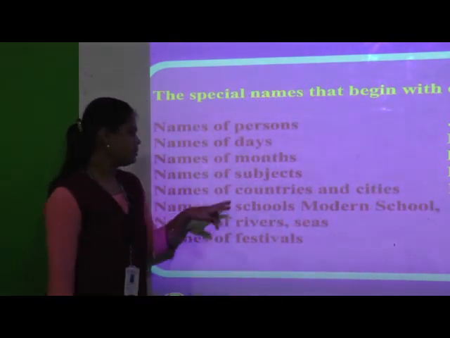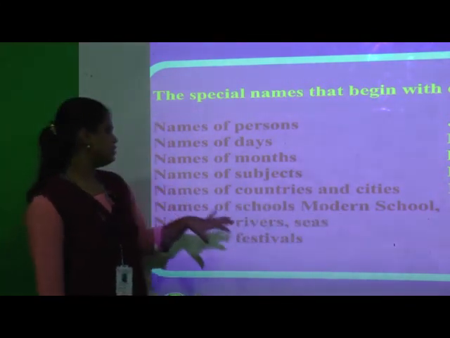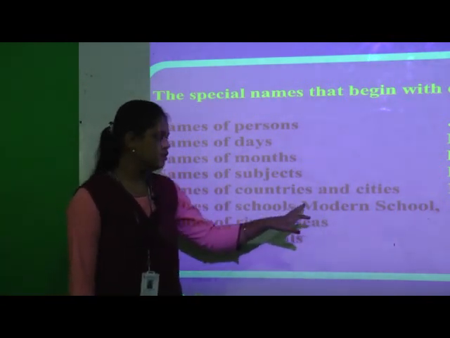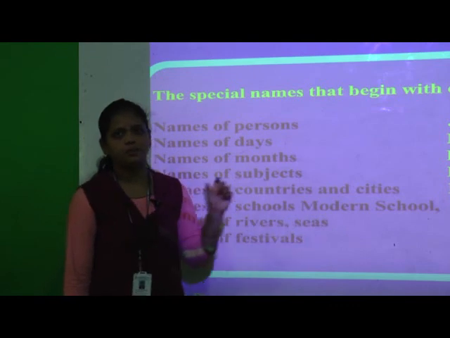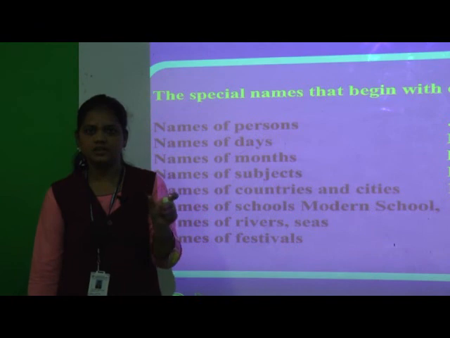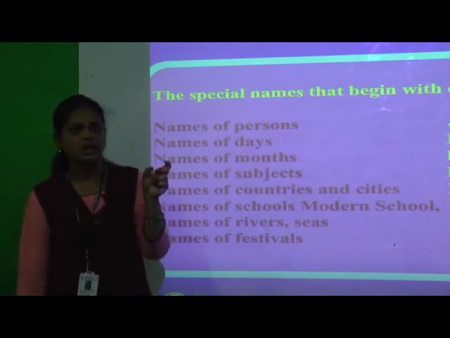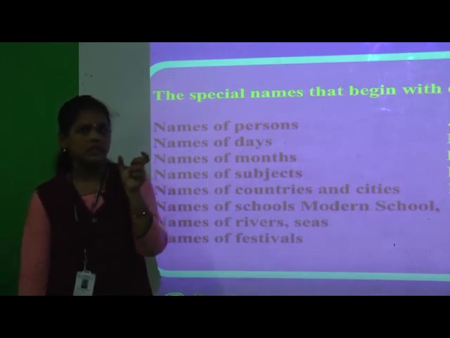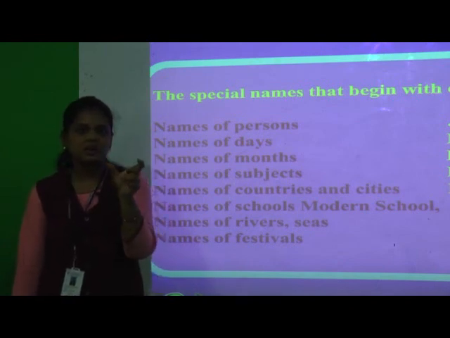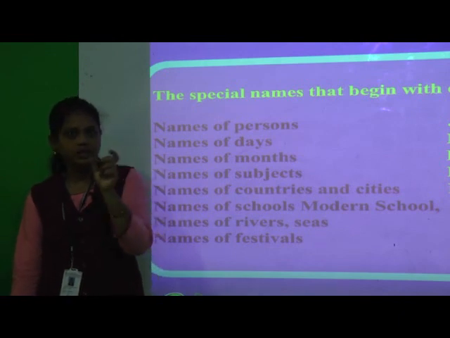Okay. Now the names of schools. Here some names of schools are given. Suppose our Nagesh Karasgi Orchid School. Whenever we write Nagesh Karasgi Orchid School, in Nagesh the N we have to write as a capital letter and the remaining letters in small letters. Now Orchid, in this word the O we have to write as a capital letter.